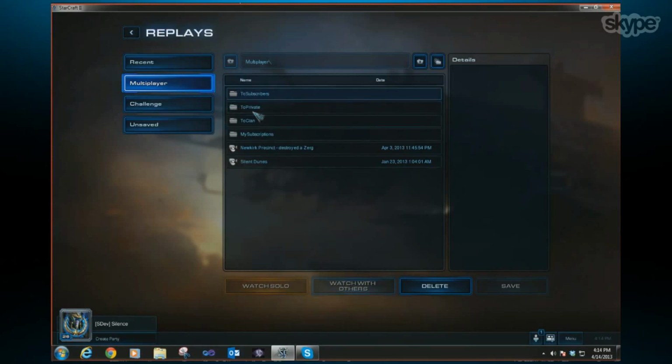All right, and these are pretty easy to understand. If you save one into the to private, it's going to go to anyone that's on your private list. Same way with to clan, it'll go to anyone on your clan list. Again, for private and clan, they would have to authorize you before they're going to receive it. It's pretty simple,